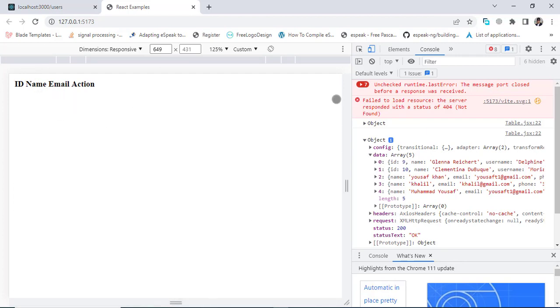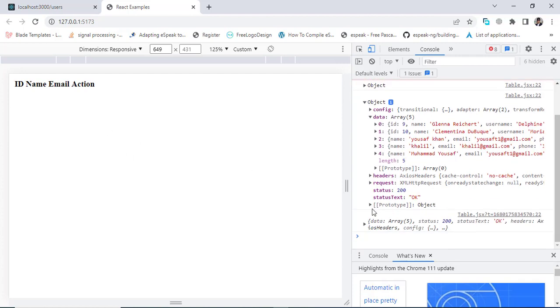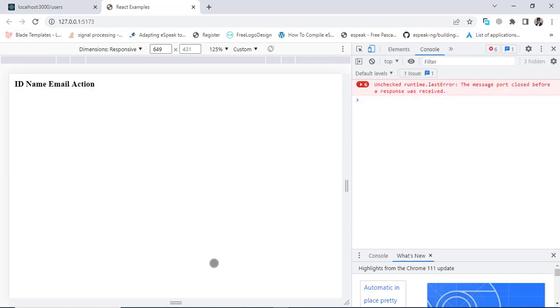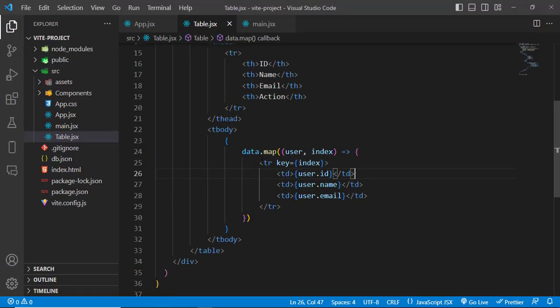The data, why is it not displaying? So result.data, okay, ID, there is no problem. Yeah, let's refresh it once. So let's check it. Yeah, data.map user